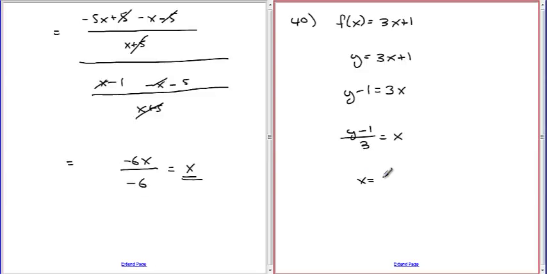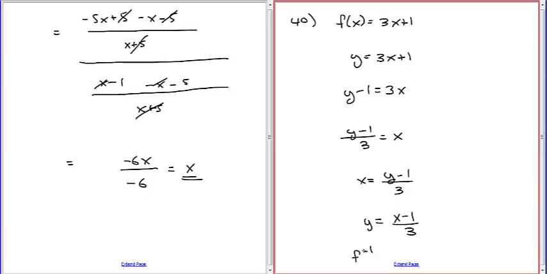Or x is equal to y minus 1 over 3. Now, at that point, you say this is the inverse function, and then you switch the variables. So we say, y equals x minus 1 over 3, and therefore g of x, the inverse function,